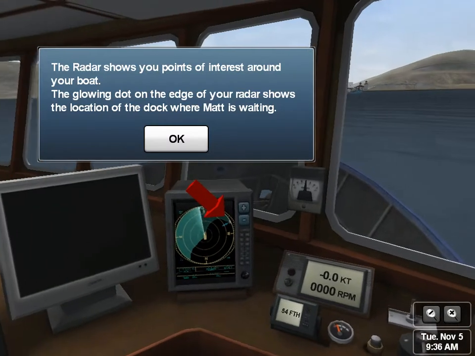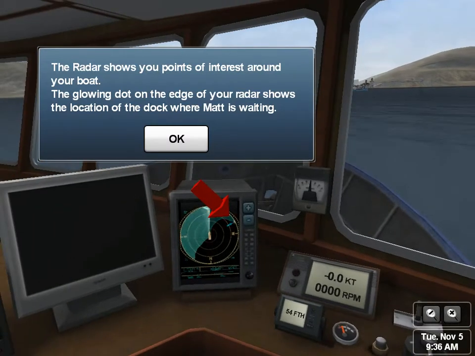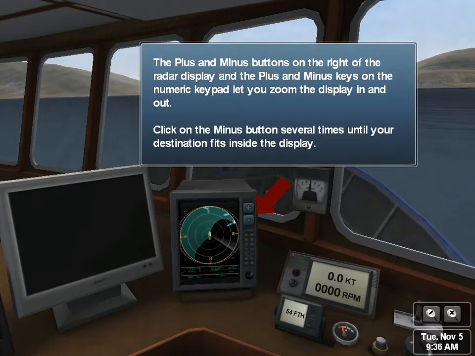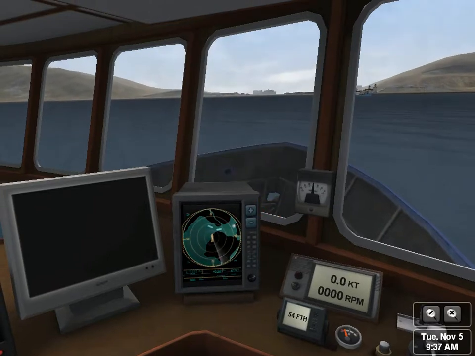The radar shows you points of interest around your boat. The glowing dot on the edge of your radar shows the location of the dock where Matt is waiting. Your boat is always pointing up on the radar. The display rotates to show you where you are heading. You can use the compass directions around the display to help get your bearing. The plus and minus buttons on the right of the radar display and the plus and minus keys on the numeric keypad